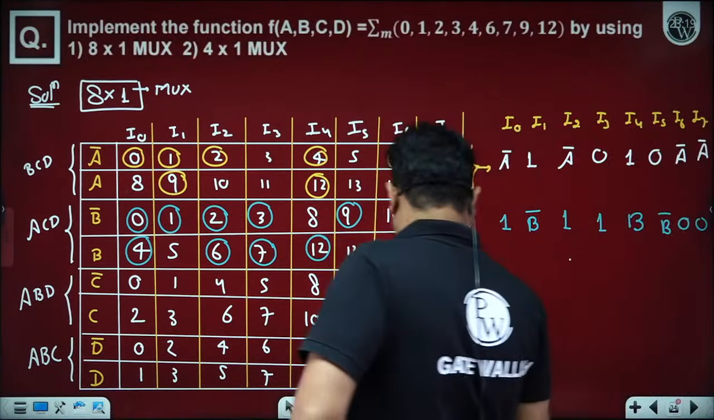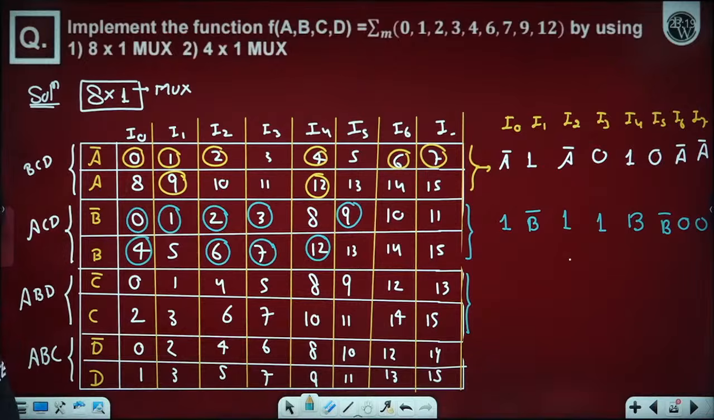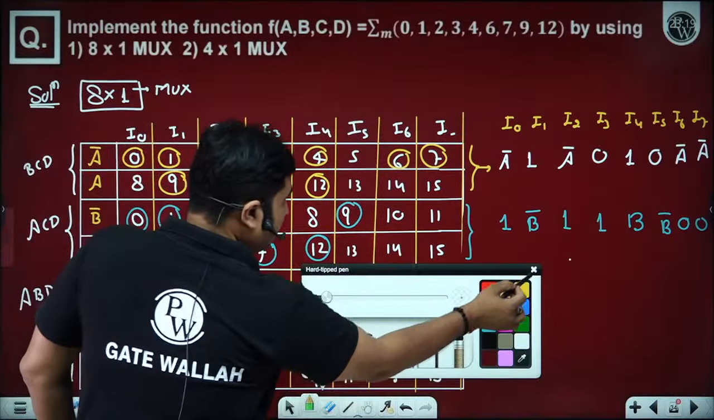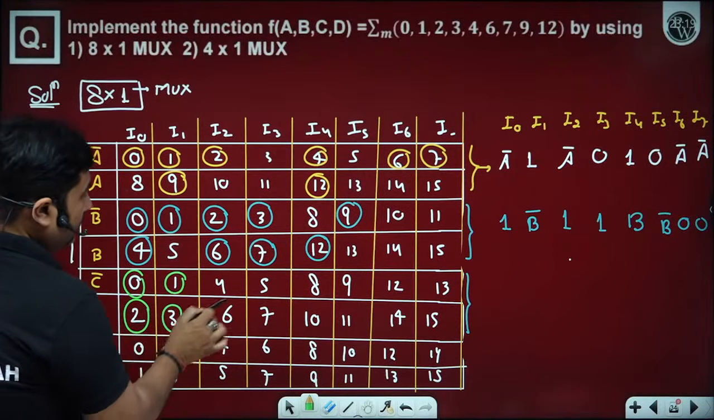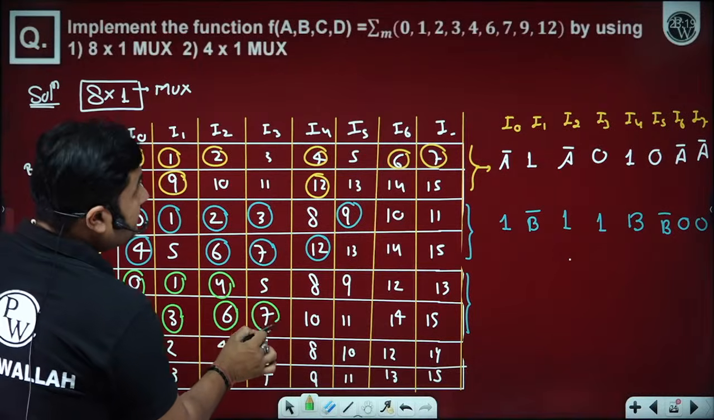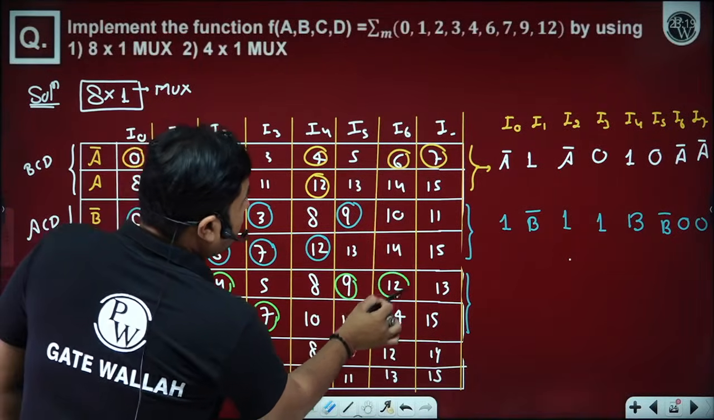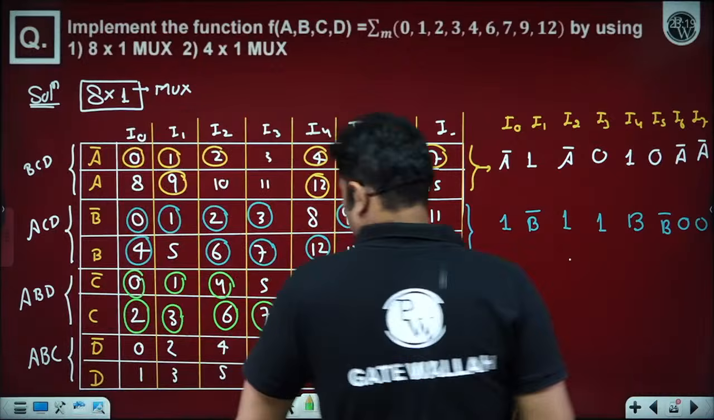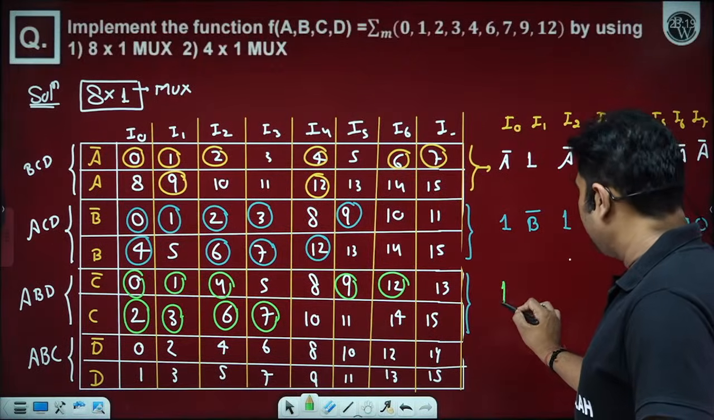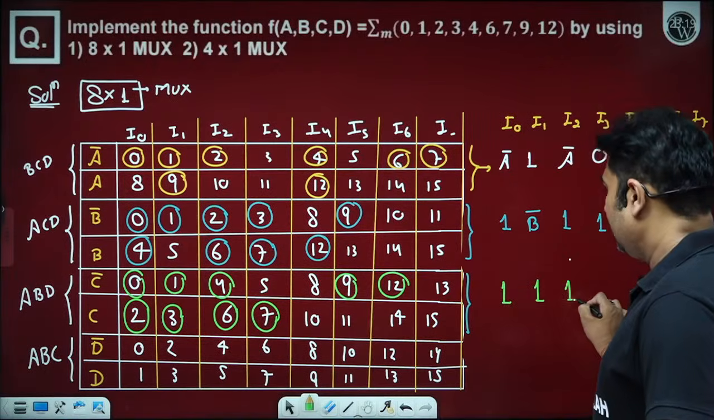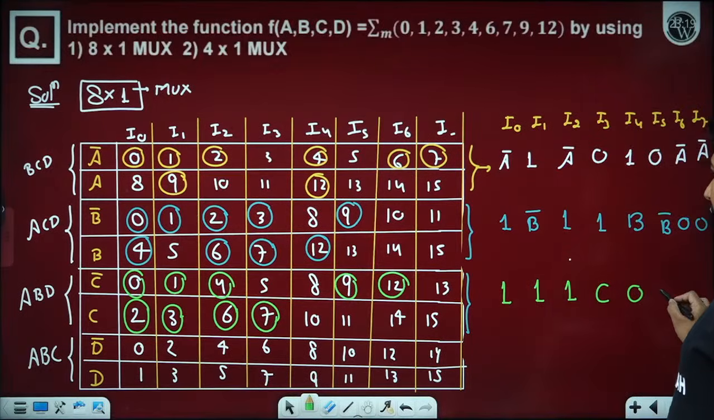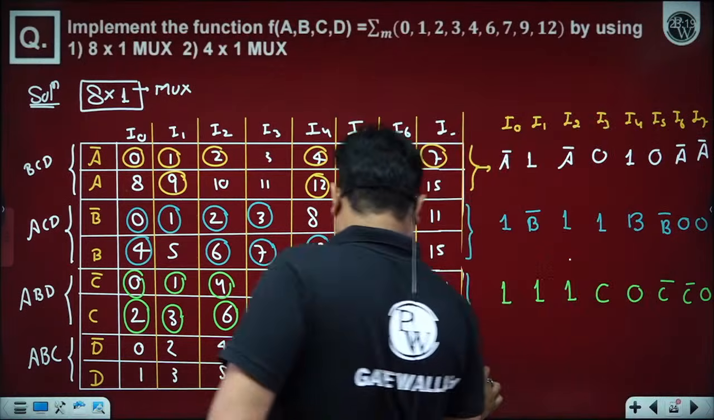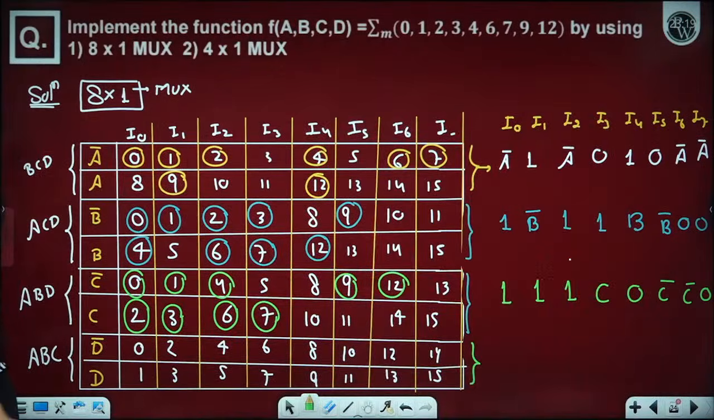If we talk about ABD as a select line, then we have 0, 1, 2, 3, 4, 6, 7, 9, 12. Then we have, sir, logic level 1, logic level 1, logic level 1, logic level C, then 0, then we have C bar, then C bar, then 0. And if we have A, B, C onto the select line, then